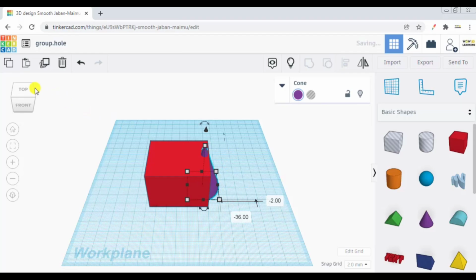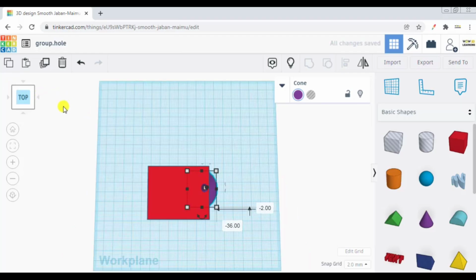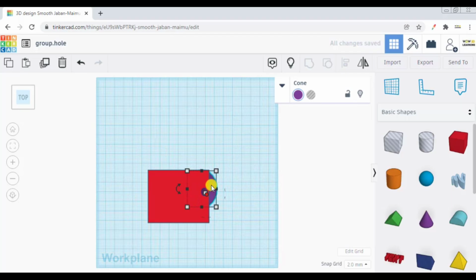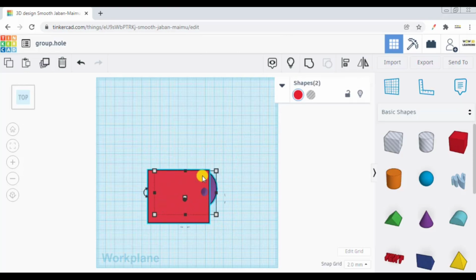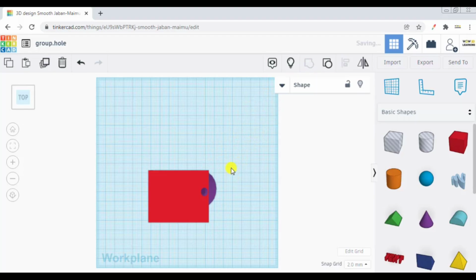Let me drag this cone and make it intersect the box itself somewhere. Now if I go to the top view using my view cube, you can see some part of cone is missing which is not visible to us. It's okay. Now if I, using my left mouse click button, drag a square and engulf all the objects into that, you can see both of these objects are selected because a blue halo has appeared surrounding them. Now if I click on this group option, you can see,